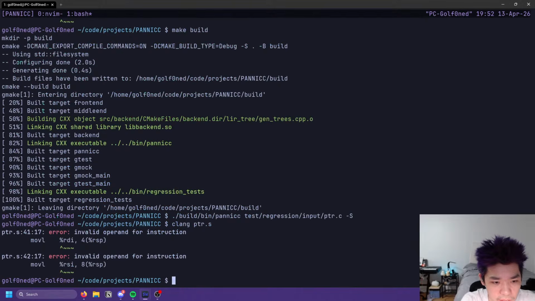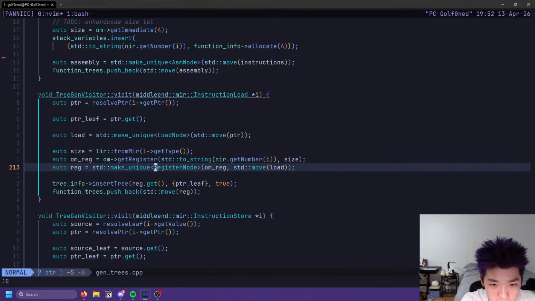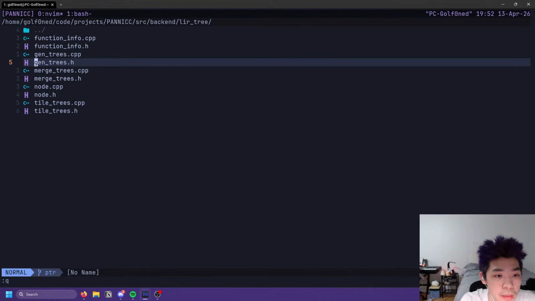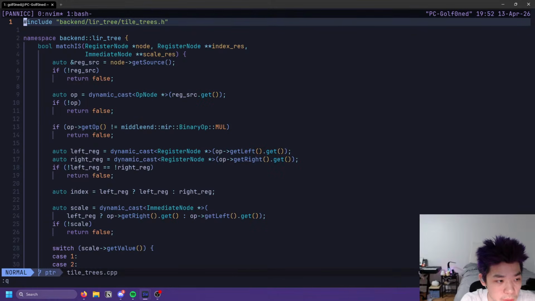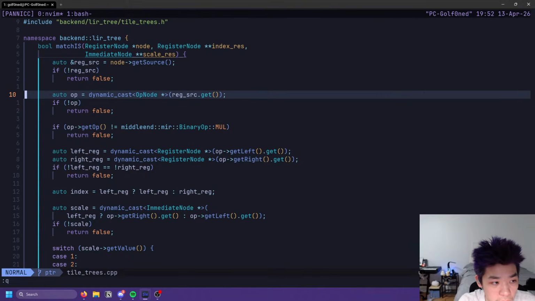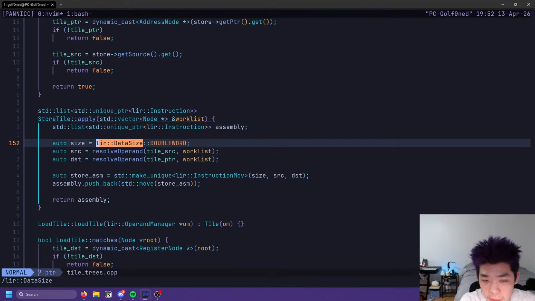This should be the correct... Wait, what? Oh, wait, duh. Tiling, this is wrong. We're looking for LIR data size. Oh, there's so much more hard-coded. Okay.